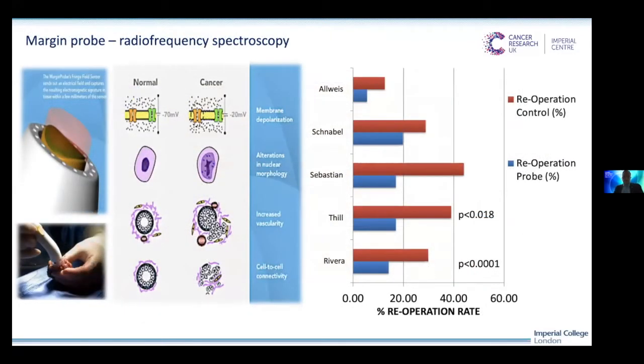Probably the front runner is margin probe, which some of you may have come across, radiofrequency spectroscopy, where it's able to tell the difference between normal and cancer cells based on differences in the nuclear morphology, vascularity, and the cell-to-cell connectivity. What you're seeing on the right of the screen in the bar charts are really randomized control studies with the first author named. The difference is shown between the re-operation in the control setting, so that's standard, whatever guidance we use presently, versus margin probe re-operation rates. You can see that margin probe does substantially reduce the rates of return to theatre, and in some trials quite